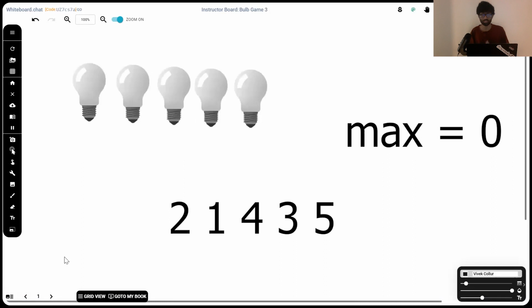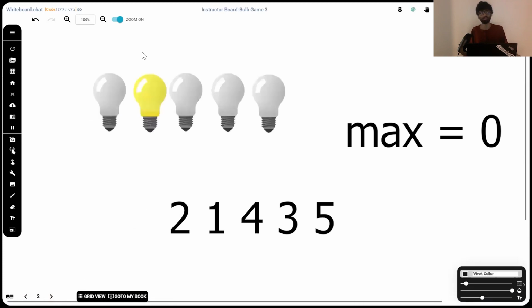Okay, guys, welcome to the solution. So as we discussed, for state 1 to have all blue bulbs, the bulb that has to be turned on is bulb number 1. In this case, bulb 2 is turned on, so it doesn't make a difference. We keep track of the maximum bulb that is on. In this case, bulb 2 is the maximum bulb that is on. Now, what does this tell us? This tells us that 1 bulb is on because we're in state 1 and the max bulb is 2. So it's not possible for every bulb to be blue because only 1 bulb is on. So we move on to the next state.